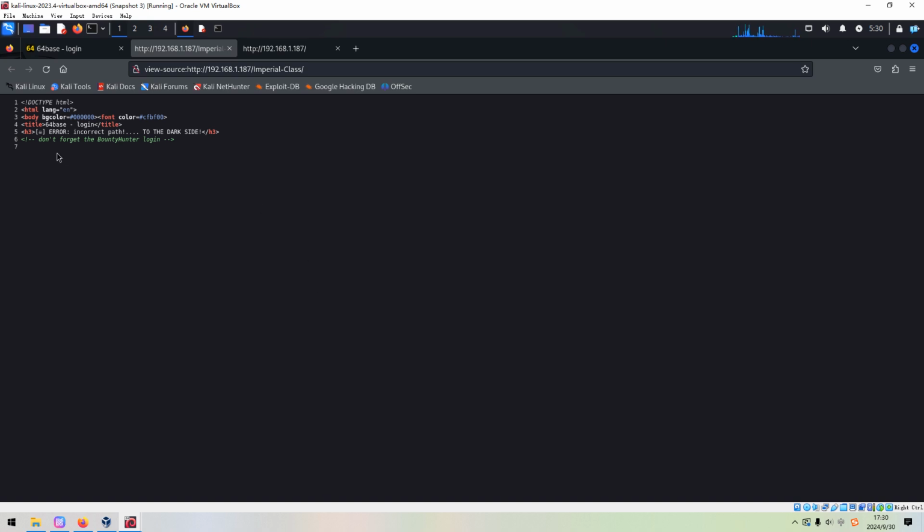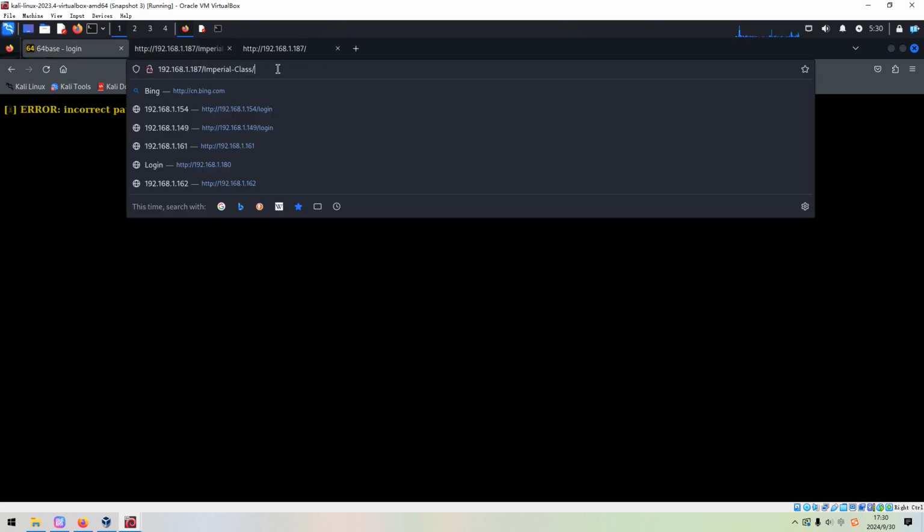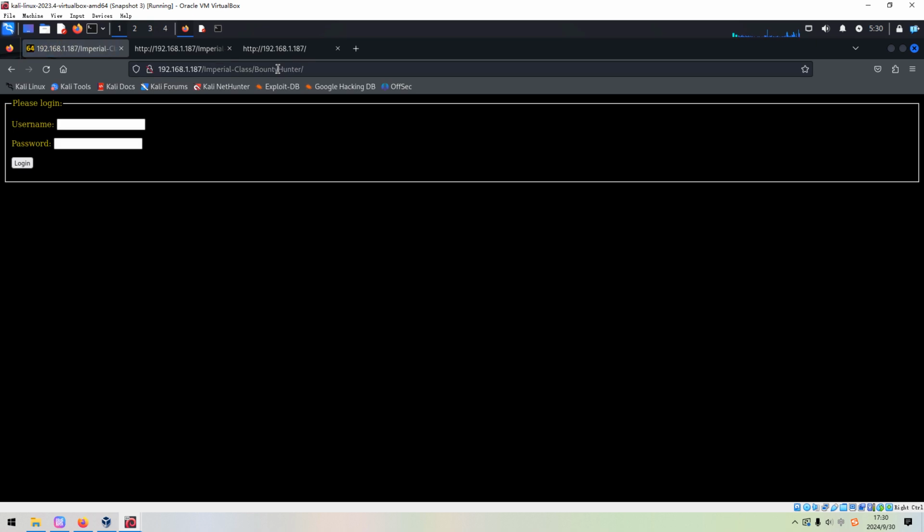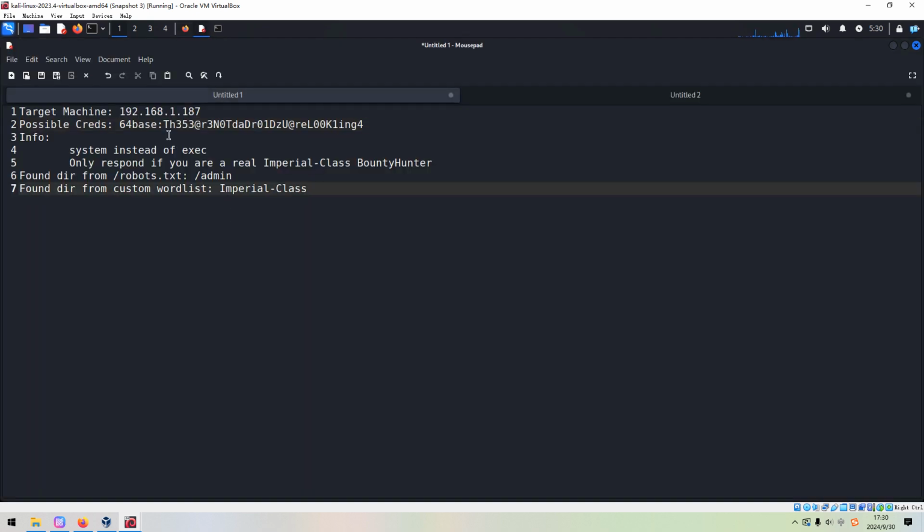And here there is one comment: do not forget the bounty hunter login. So this would be the directory. We can put this one at the end. Press enter. And as you can see, we need to log in again. And then we can use the same credentials to see whether it works or not.